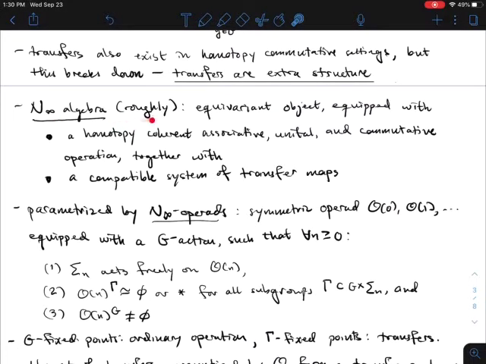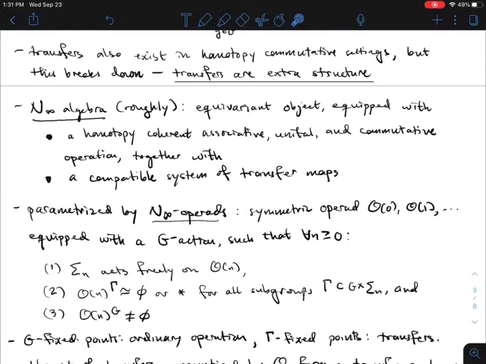Roughly speaking, an N-infinity algebra is an equivariant object equipped with a homotopy coherent associative, unital, and commutative operation together with a compatible system of transfer maps. More precisely, N-infinity algebras are parametrized by N-infinity operads. These are symmetric operads equipped with a G action such that for every n greater than or equal to 0, Σ_n acts freely on O(n), and O(n)^Γ is either empty or contractible for all subgroups Γ of